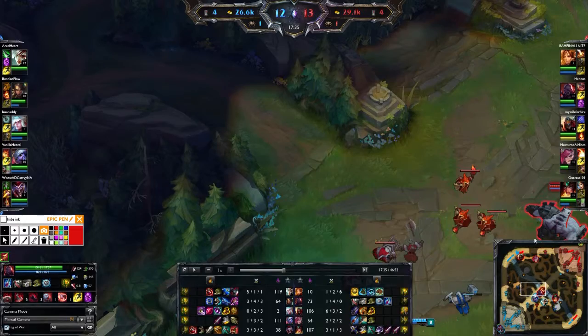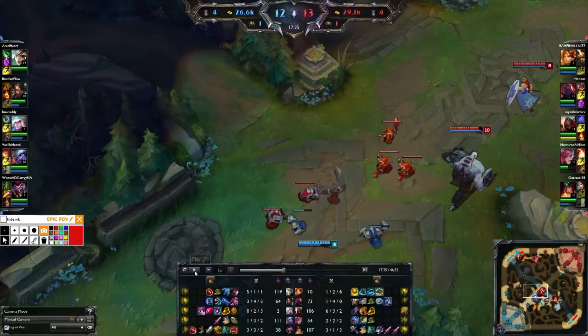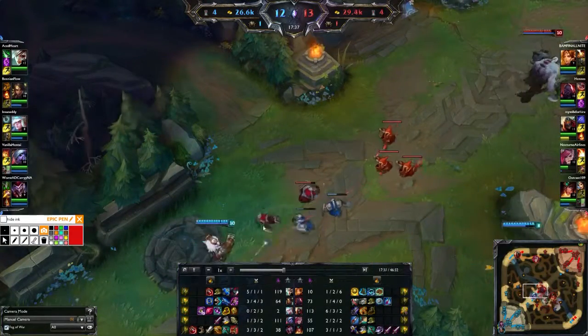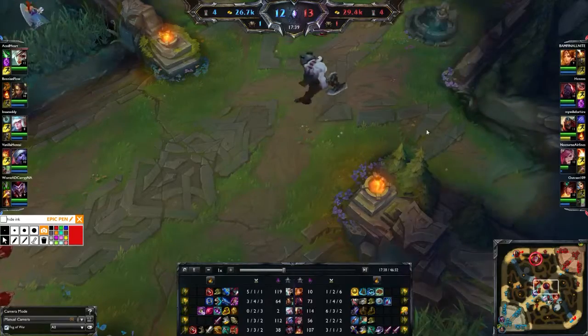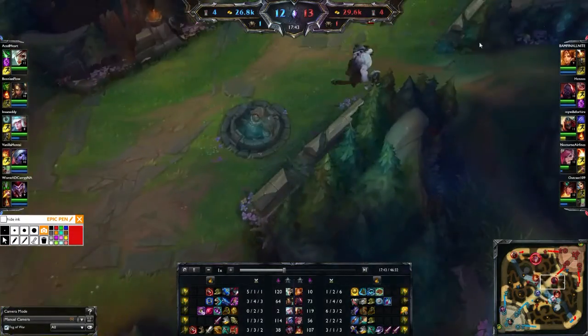If you have a ward here, in this case scenario, 2 wards is all you really need for vision control for pressuring these 2 objectives. You want more. You want vision in the river and around those areas, but you're going to be setting the lanes up to slow push to pressure the map for you so that you can start pushing these turrets